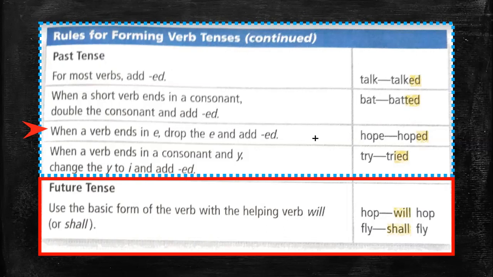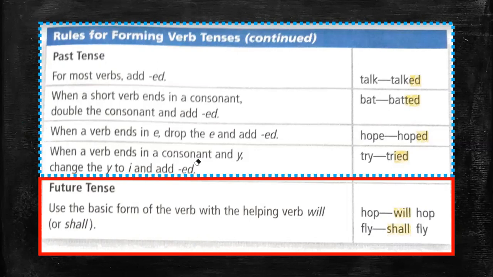Right now it sounds silly, but when we're forming verbs with ing endings, it's going to make a lot more sense to you. Okay, so rule number 3, when a verb ends in E, you drop the E and then you add ED, such as hope. Hope, you drop the E and then you add ED. Okay, number 4,